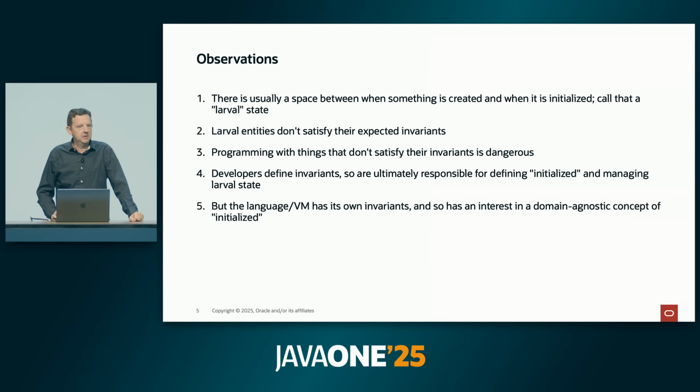So ultimately, what it means to be initialized is up to the developer. They decide where that line is drawn, where this thing now has entered the place where it is a fully formed entity. The language and VM, though, also have some invariants, maybe like a least common denominator, things that no matter what programmers have layered on top, we can trust certain things, like type safety. And so there's also a domain agnostic concept of initialization that we can lean into, and that the language can help to provide invariants for programmers that they can rely on as they're layering on their own.